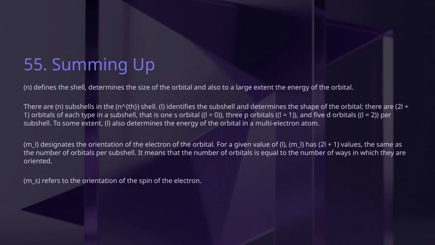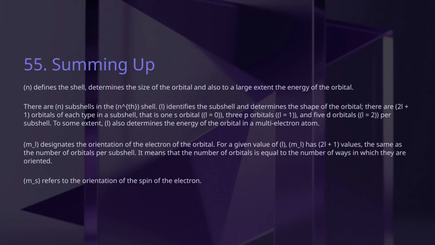Let's take a closer look at some of the key quantum numbers that describe electrons and atoms. First, the MS refers to the orientation of the electron's spin. Think of it as the electron's own little magnetic orientation, either up or down. Next, we have ML, which designates the orientation of the electron within its orbital. For a given value of L, which tells us the type of orbital, ML can have 2L + 1 different values. This means the number of orbitals in a subshell corresponds directly to the number of possible orientations they can